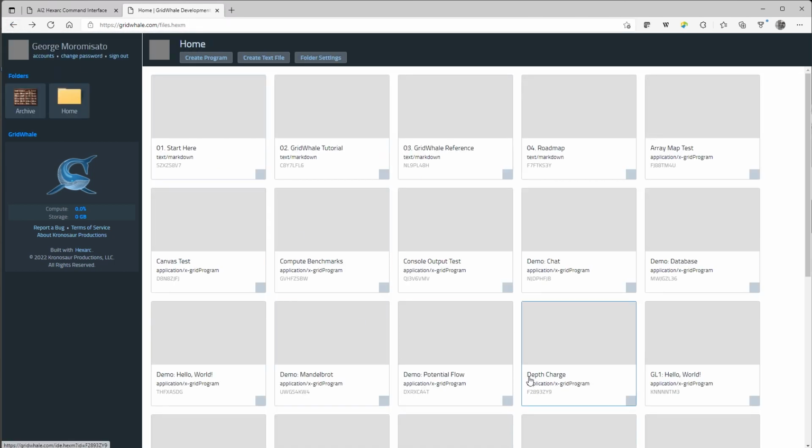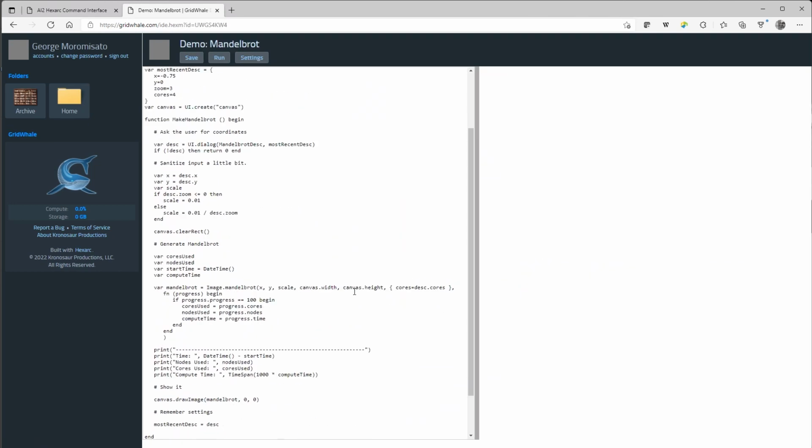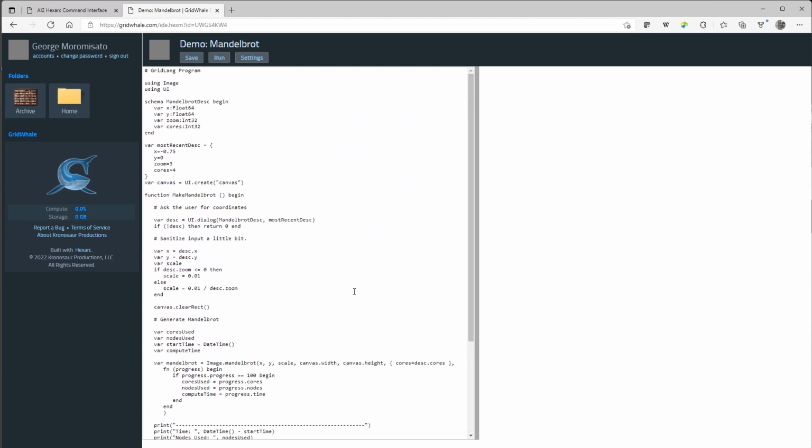So the final thing I want to show is a Mandelbrot demo. The cool thing about GridWhale, again, is because we're running on this grid of large numbers of machines, we can both scale out by having any number of users share data across them, or we can also have a single program take advantage of multiple machines to do computation. So now it's easy for a single program to take advantage of however many machines it needs in order to do its computation. There's some limitations, some abstractions we have to do, obviously, but here we're going to demo it